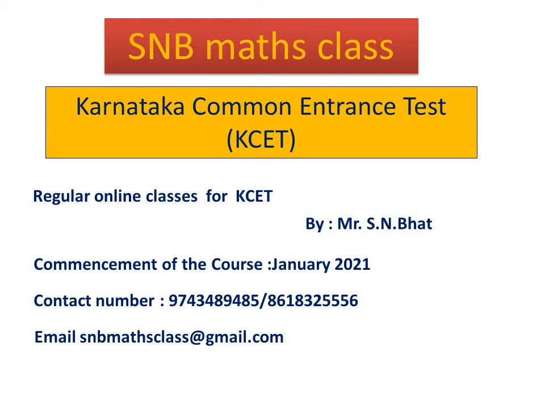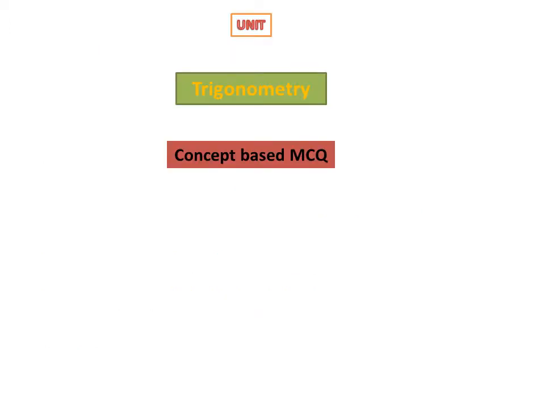Here I will be discussing trigonometry in general, that is the common unit, and I will be combining first PUC portion as well as second PUC portion. That is trigonometry which you have studied in the first PUC, trigonometric functions, then formulas etc., then trigonometric equations, then triangles, heights and distances, whatever related concepts are there. So those questions. Then in the second PUC I have studied inverse trigonometric functions. Therefore, this unit will combine both first PUC as well as second PUC. So the unit is trigonometry.